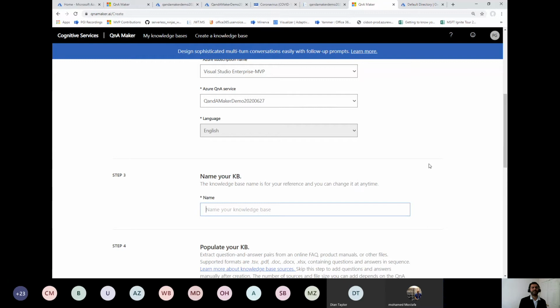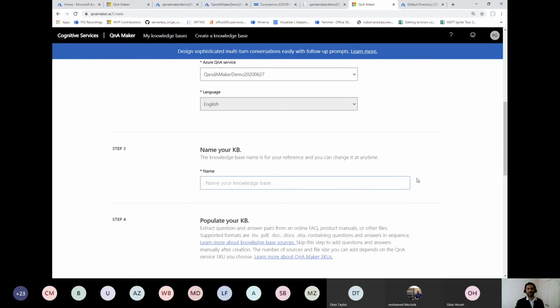And when you create a knowledge base, you have multiple options. If you have, let's say, some kind of question answers in the form of an Excel file, or if it's on your public site, you can use that as well, or you can also use the information from a Word document, an Excel document, or a PDF. So here I'll be using a knowledge base for COVID-19. I'll be using a public facing website from the US government where some information about COVID is available. So I'll be giving it a name as 365 demo